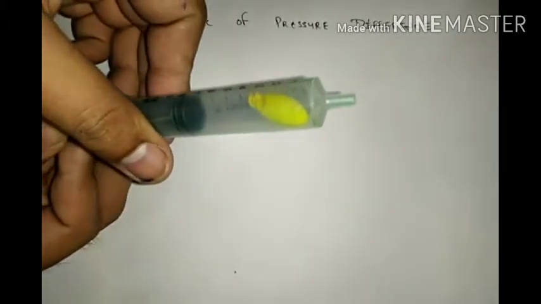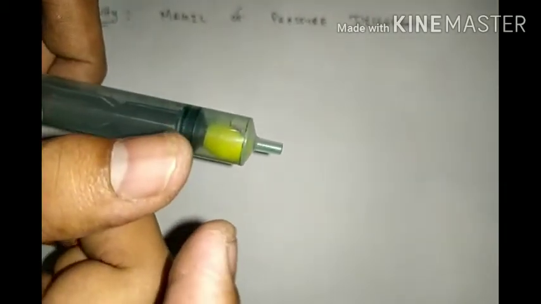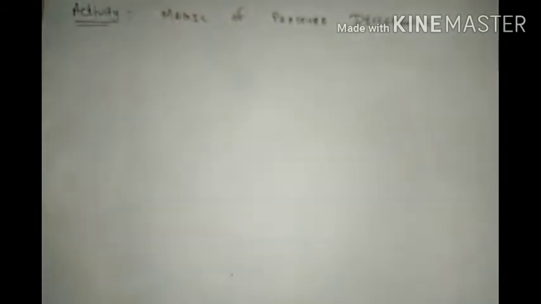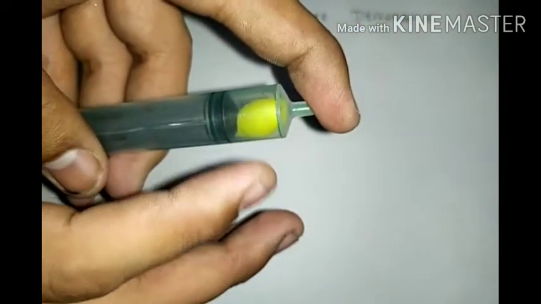So why does this happen? You can understand this by a simple explanation. In this position, the amount of air inside the barrel is only this amount, and there is some amount of air in the balloon also. The air inside the balloon exerts pressure outward, and the air present outside the balloon exerts pressure on the balloon, and both pressures are equal in magnitude. So the size of the balloon remains at this size.